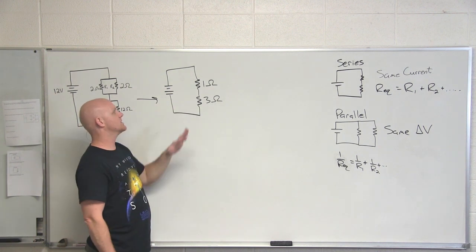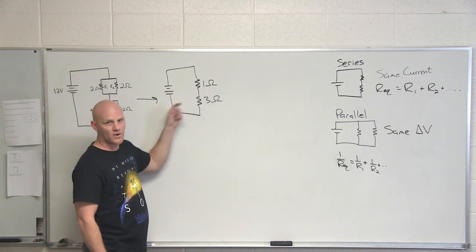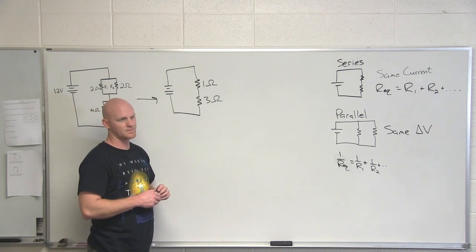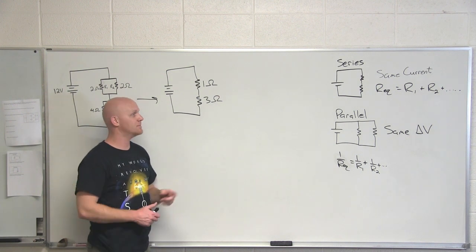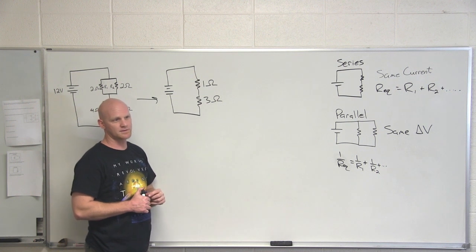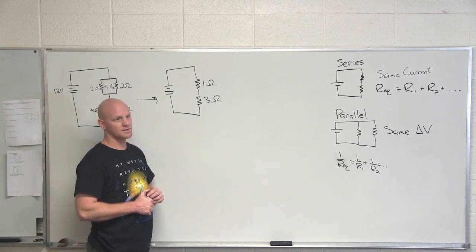Any flow of charge going through this resistor has to go through this one as well. Cool. So in this case, though, they're going to have the same current, but which one's going to have a bigger potential drop? If delta V equals IR, and they have the same I, but the R's are definitely not the same. So where are you going to see a bigger potential drop? The bigger, the smaller